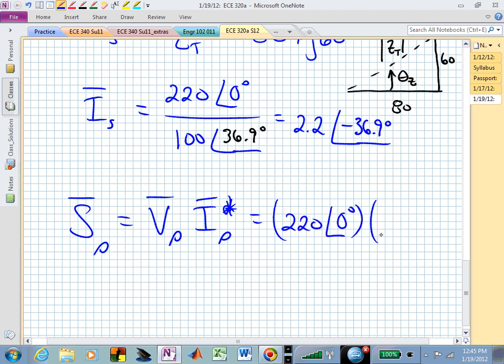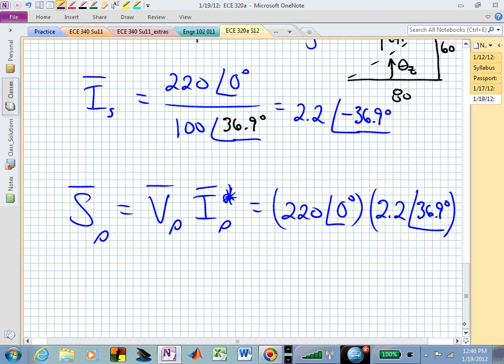Keeping everything in track, what do I now need for I sub s star? I need to change the sign of that angle. That's all I need to do. And now it's becoming a positive angle when I conjugate I sub s. Or I now have 2.2 times 220. And my angle